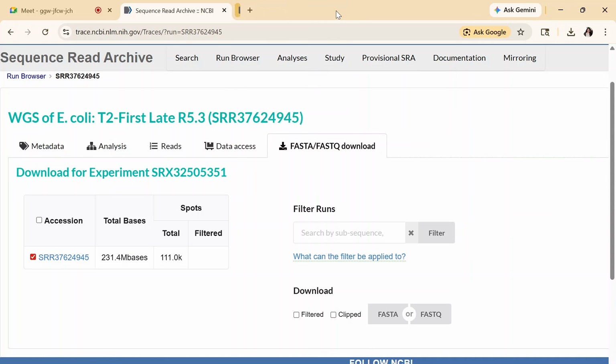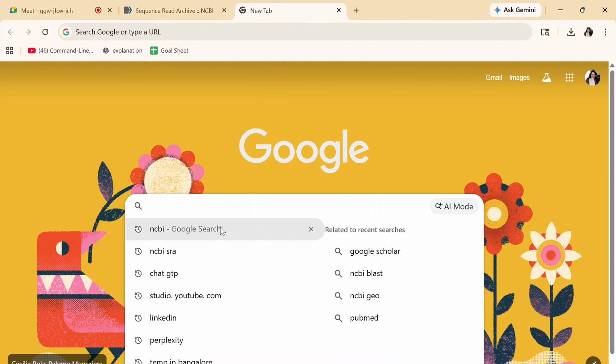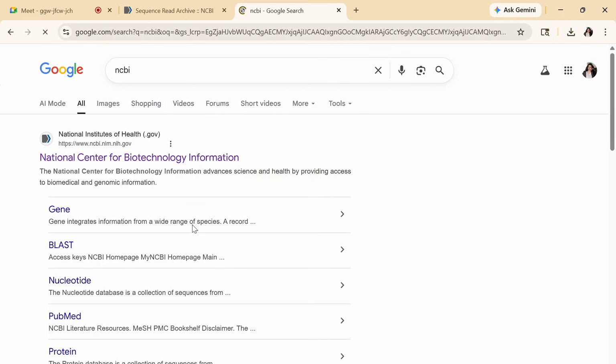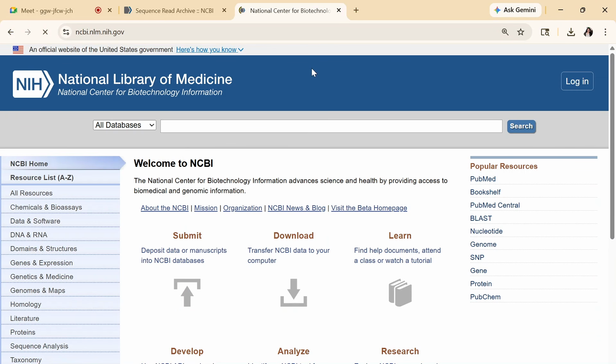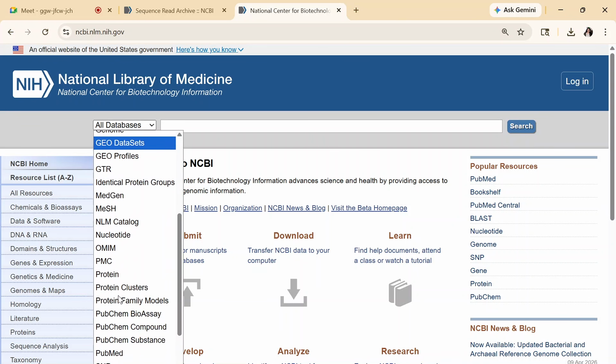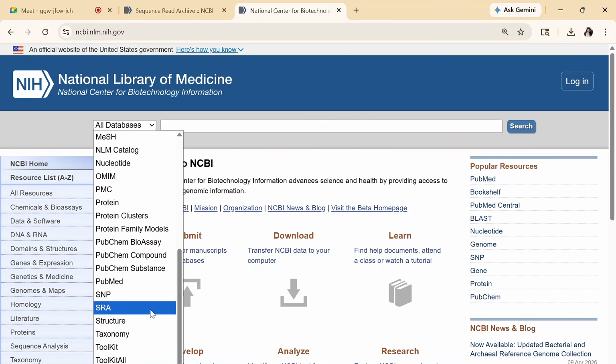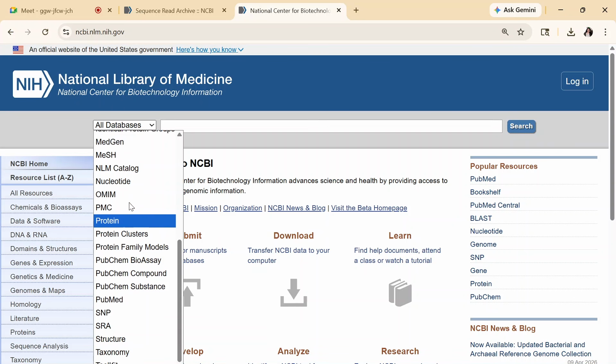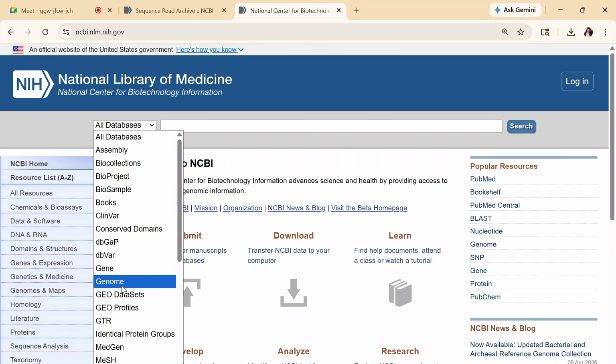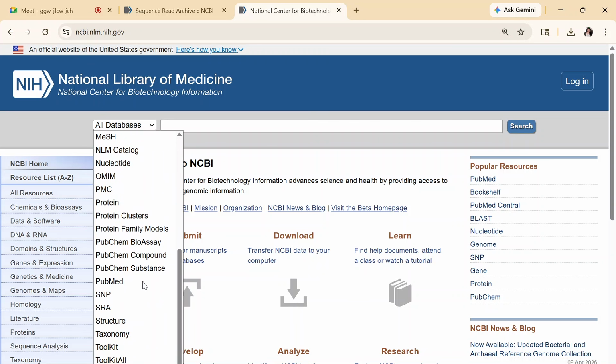Okay, let's open the NCBI again. So here, Akshita, let's select NCBI. This is the website of the NCBI, and from NCBI, we have to specifically go to the SRA database, because the SRA database is the database where all the raw sequencing data is uploaded. Here you can see the protein database, and here it is the genome database. So the SRA database is the specific database where all the raw sequencing data is stored. We understand the term raw sequencing data, the output of the NGS machines.